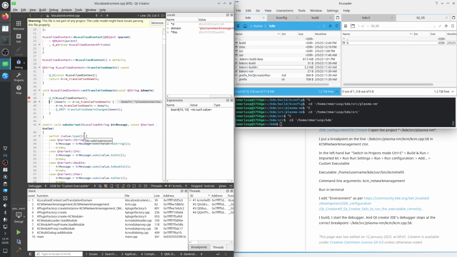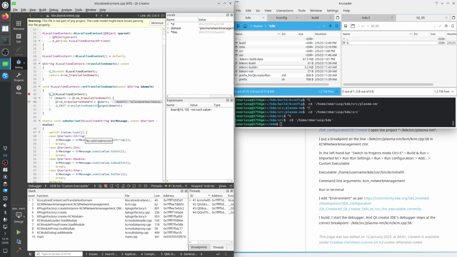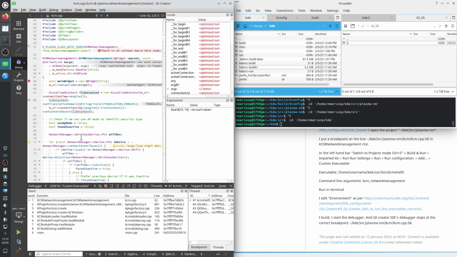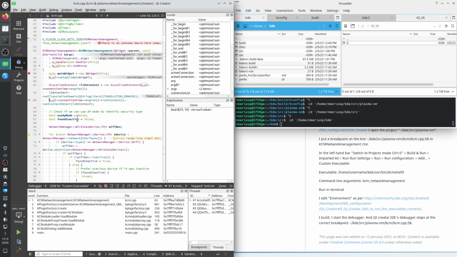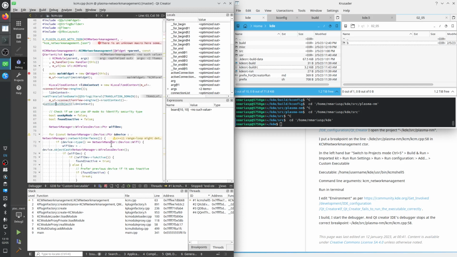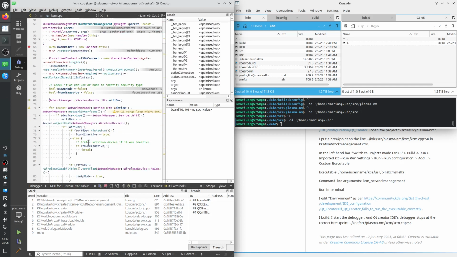Okay, if not translation domain, then we use the new translation domain, which is Plasma Network Management KCM. Okay, set context object is from QML, so we cannot step there. Okay,